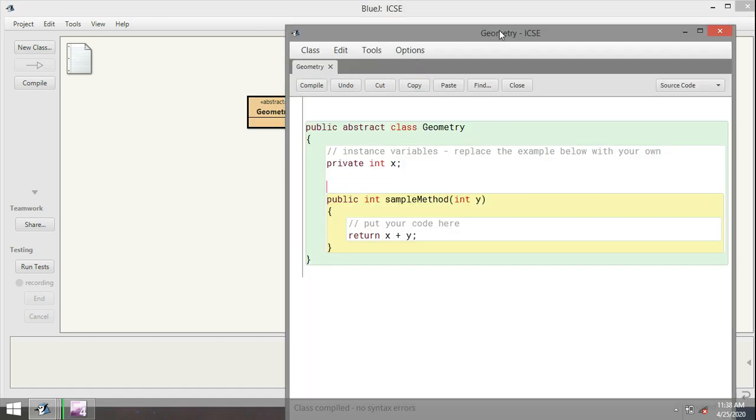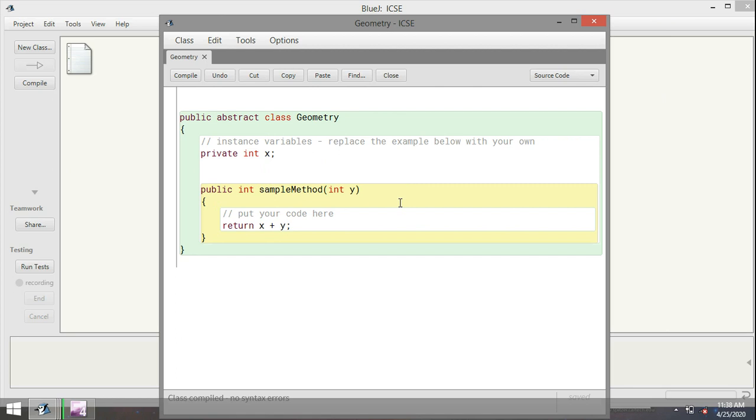A class is a container of member variables and member methods. And if it is undefined, then if another class inherits it,